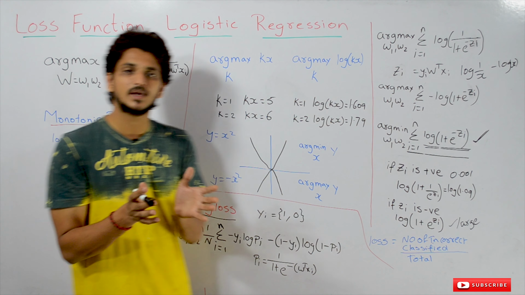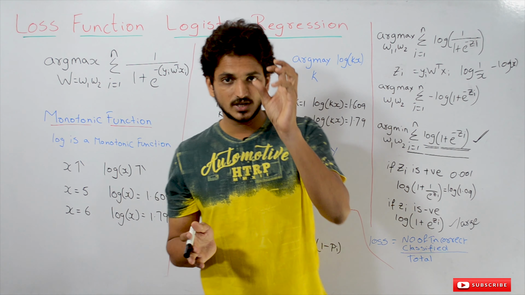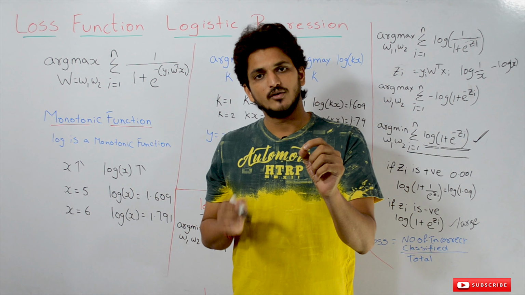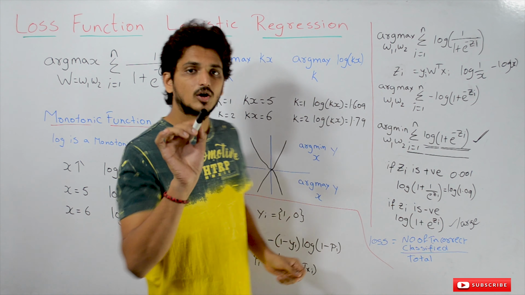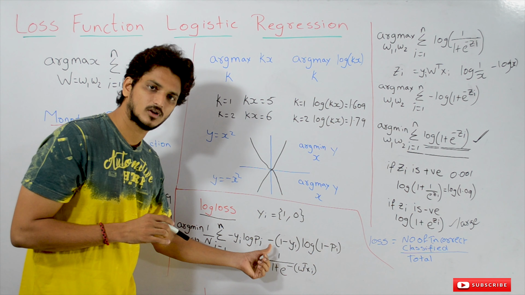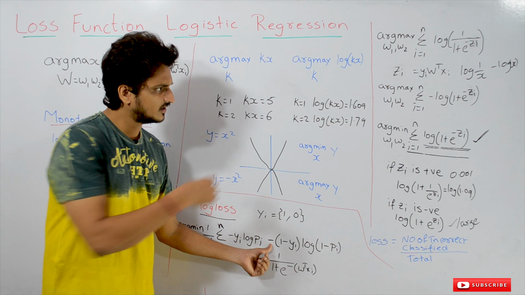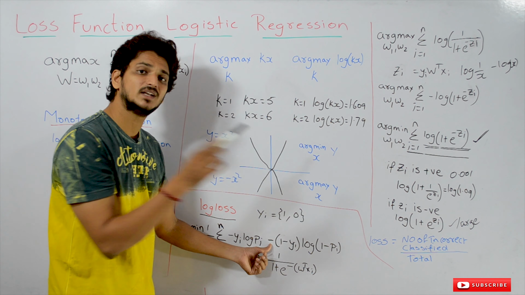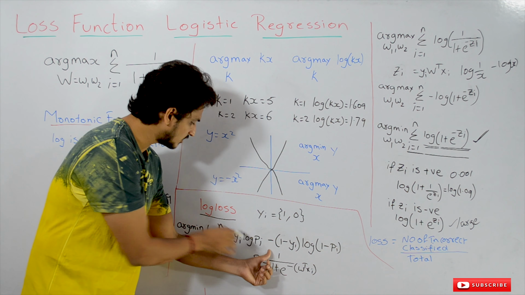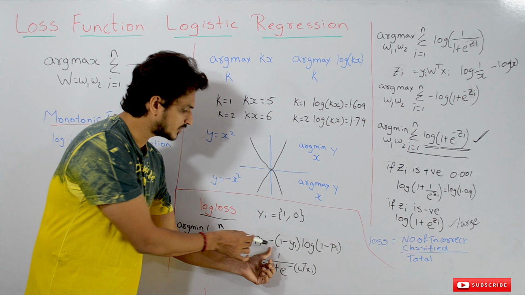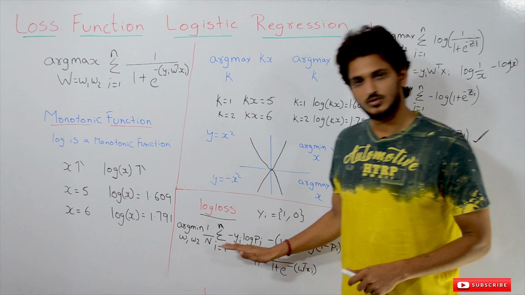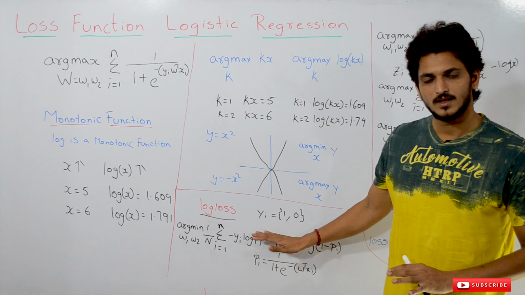In real-time examples also, which loss function does logistic regression use? Everyone uses the log loss. So we follow log loss. Log loss means this loss function. If you solve any problem, we'll get the same output, but the function is changing. We call it log loss. In the probabilistic approach many of them use this function, so don't forget it.